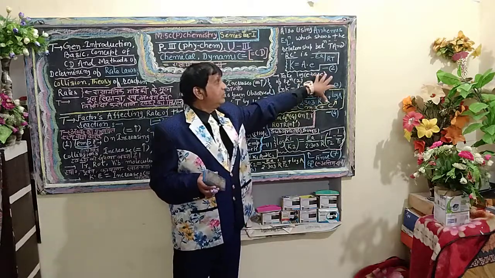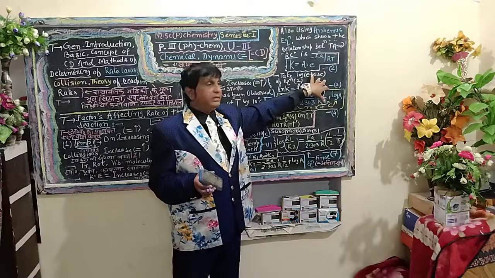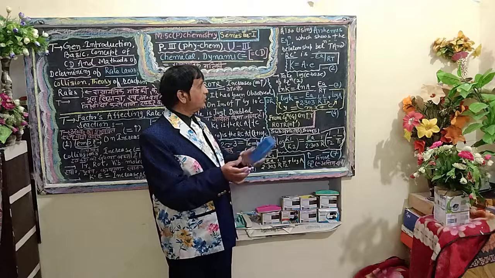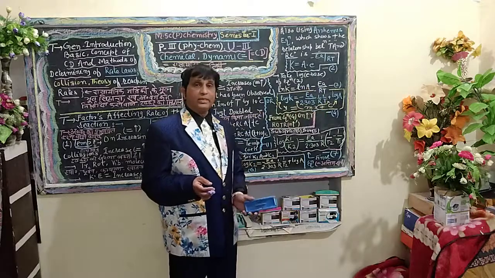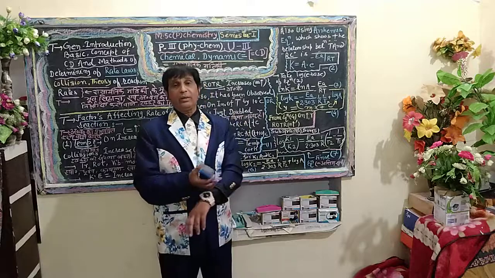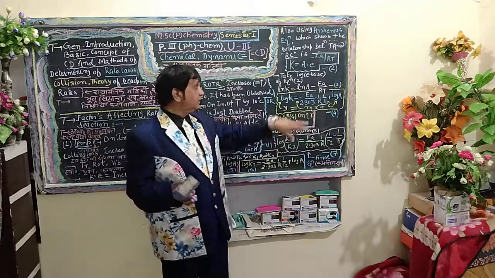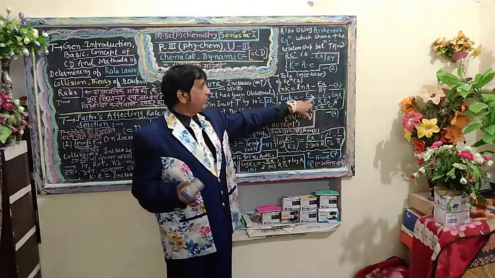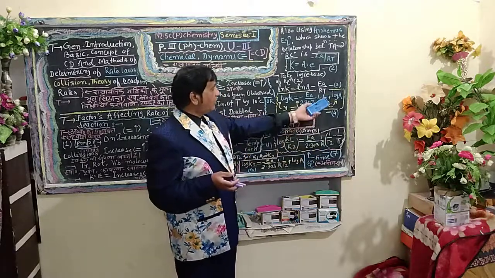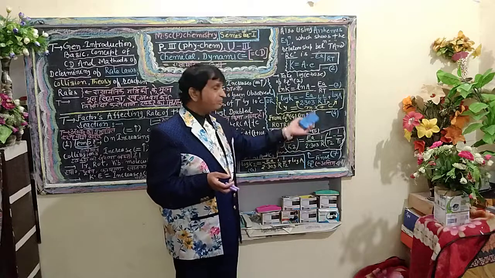Now we take the log to base e. On solving, ln K is equal to ln A minus E upon RT. Say this is equation number 3. Now when equation number 3 is solved in terms of log to base 10, the equation is log K is equal to minus E upon 2.303 R, into 1 upon T, plus log A.